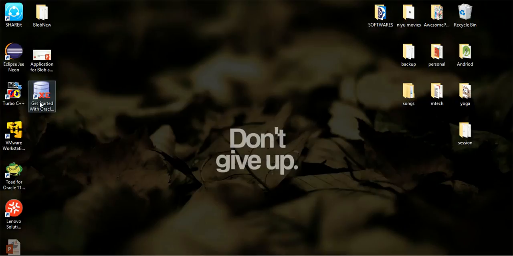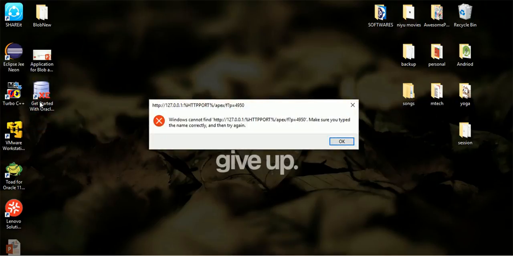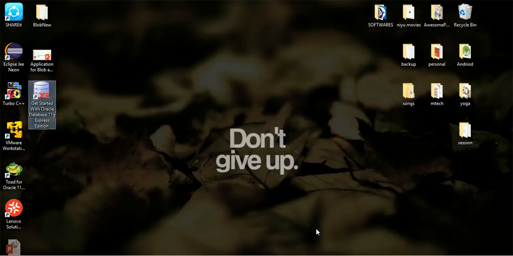Now with Oracle we have to create a database and a user. So let's double click on this and we get an error like this. But nothing to worry. We can simply note this down: 127.0.0.1 and the port number, apex and 54950. There is a URL which is giving us an error because it's not able to find the HTTP port. Now let's go to our browser